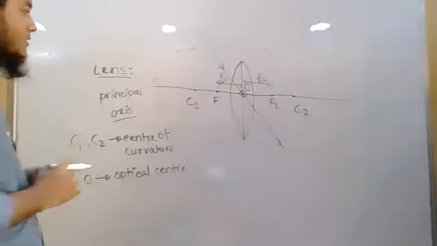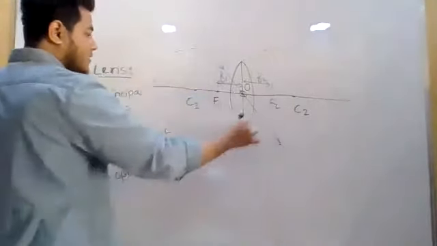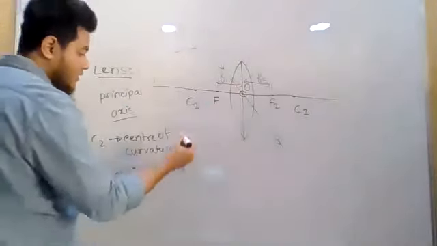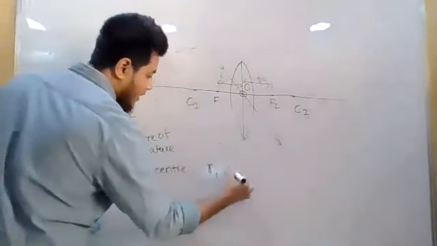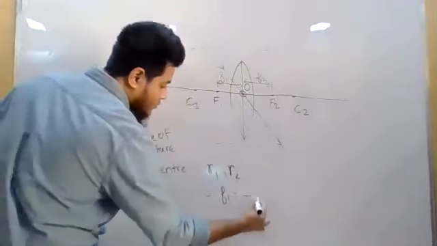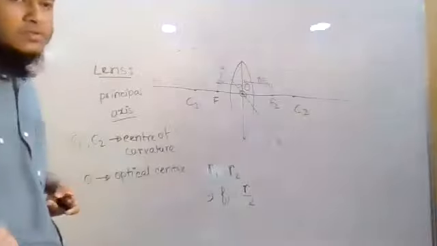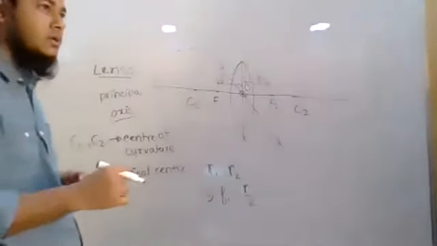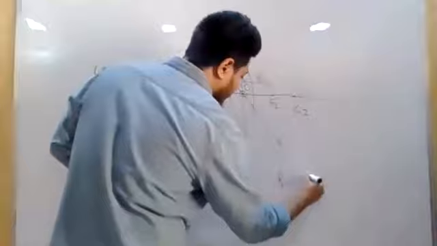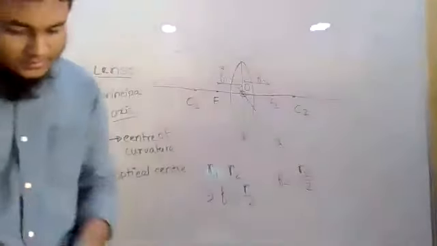Okay, and as this is a sphere, this sphere will have a radius, right? So let us say those are r1 and r2, and we know that f1 is going to be half of r1. We already know this, right? These are quite similar to the spherical mirror, and f2 will be half of r2. Okay, now